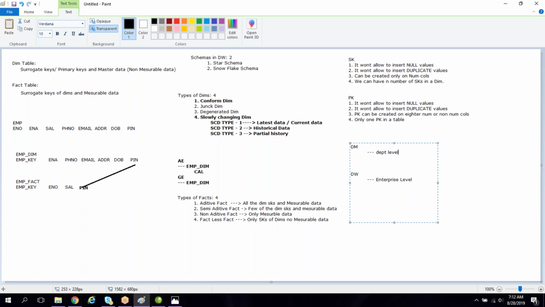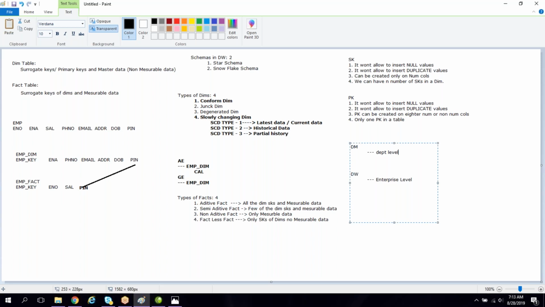So these are the concepts we have in data warehouse.